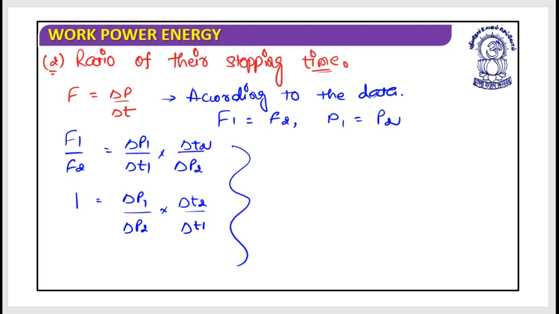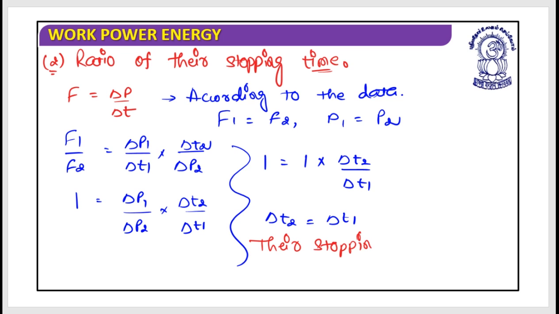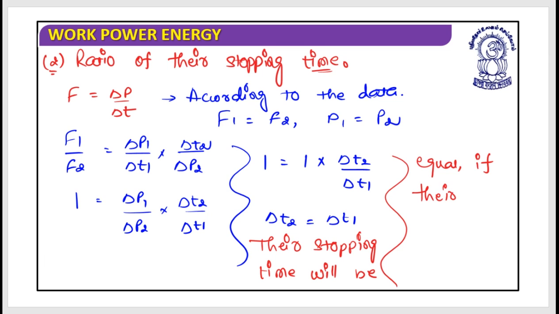So this is 1, that should be equal to 1 into delta T2 divided by delta T1, because the momentum is the same. So delta T2 should be equal to delta T1. So in this case, the stopping time will be equal if their momentum